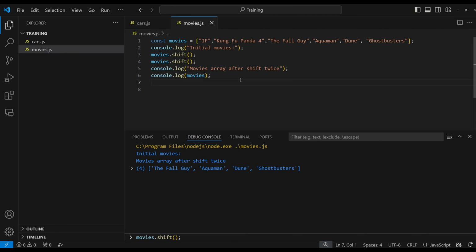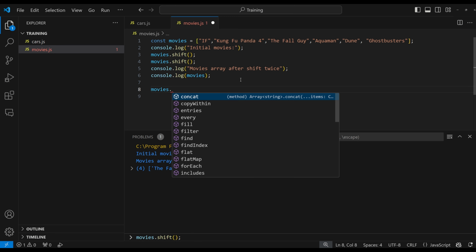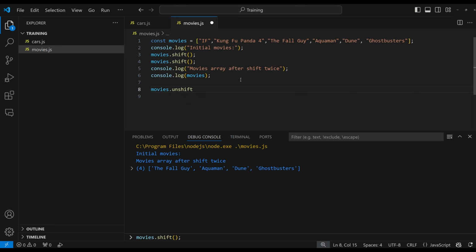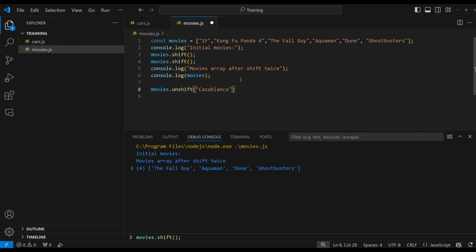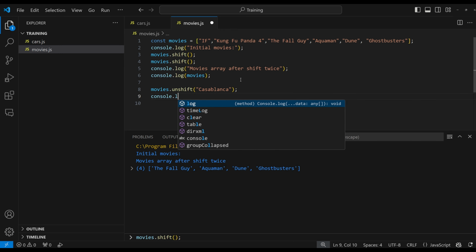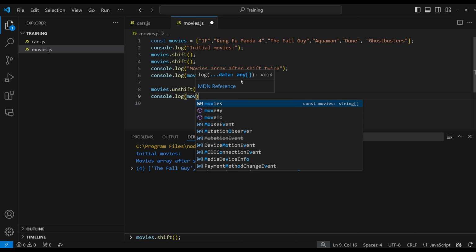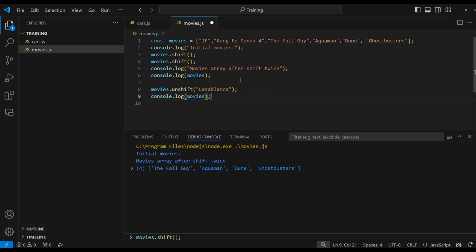This time, let's add one movie on the first position. Let's add Casablanca. Now console.log and printing all movies. Let's run.